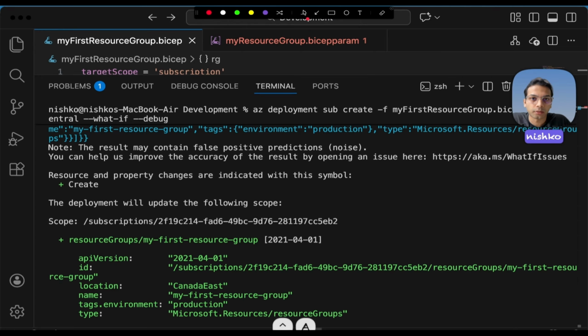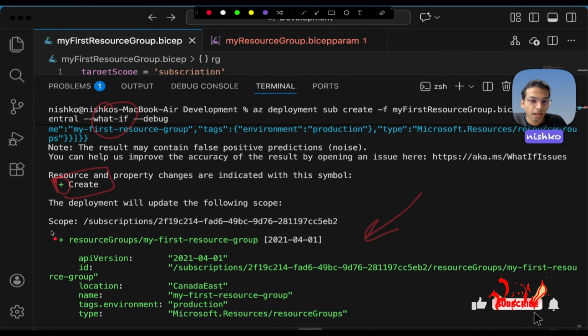I guess I have to stop it again. So in the command line, when you use the what if command, it's gonna give us a result something like this, and this result is telling you what actual activity is going to happen. So basically it's saying that it's gonna create something, with a plus sign,